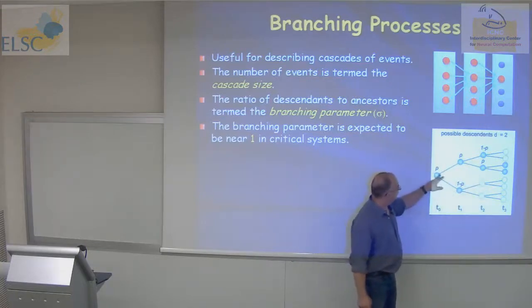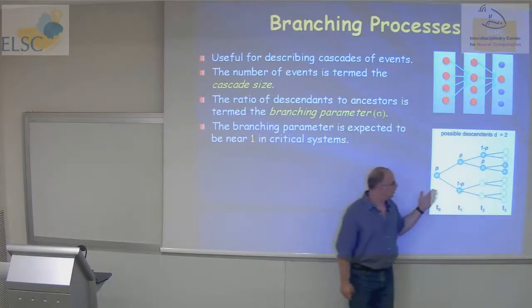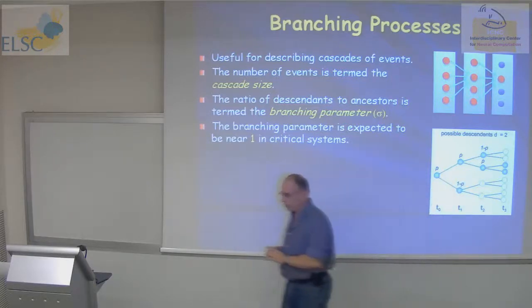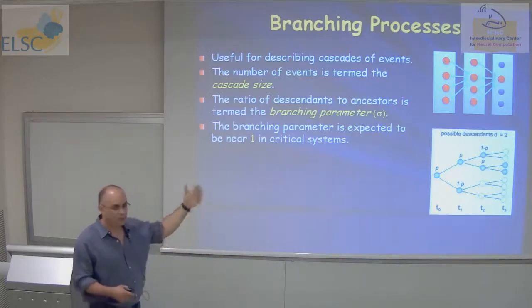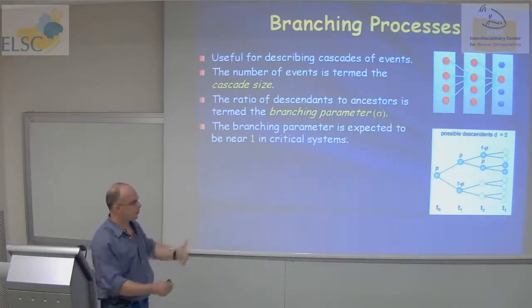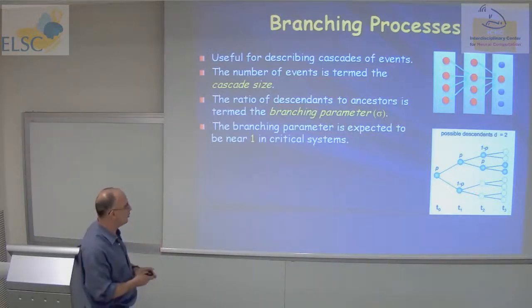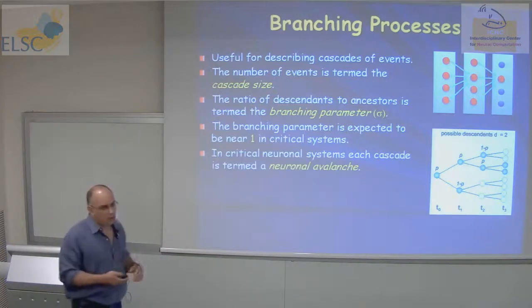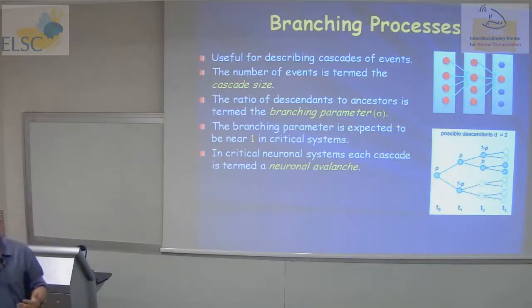It could be. So if we keep in each stage the sum of the probabilities to be around 1, then the system is critical. But the specific pattern that you will see depends on some randomness in the system. Now, of course, in general, you can have many neurons in each step, and you can have many probabilities that are different. But if they all sum up to 1, in the sense that you don't get this blow-up, then the system is critical. So we reserve the term neuronal avalanches to describe cascades when the system is critical.